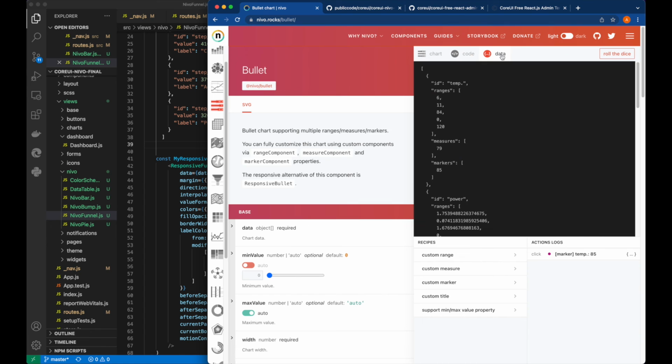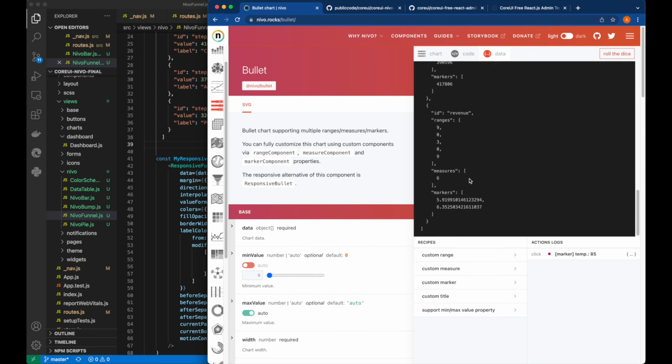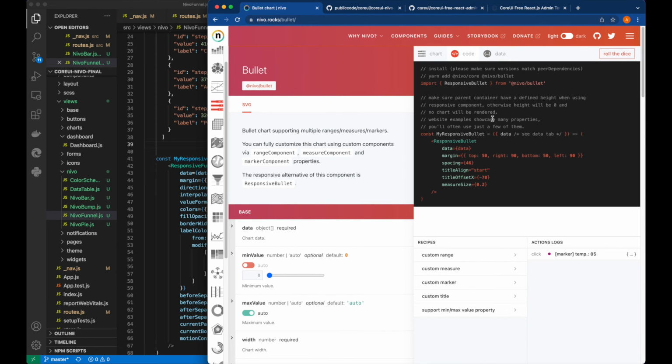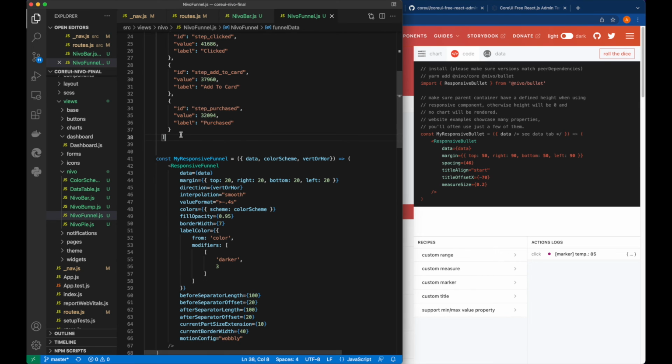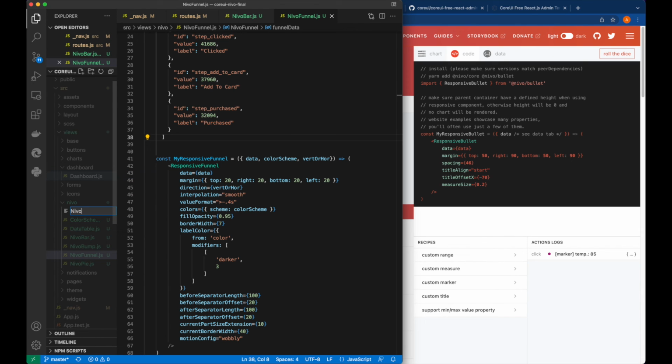And if you look into the data, here is the data. So data is temperature, range, measure, and marker. So everything is already being defined into the database. So whatever your source data is, as soon as it's defined properly, that bullet can be added very easily in our example. So let's have the bullet chart added, and that would be the fun for us. So we call it NIVO bullet.js,